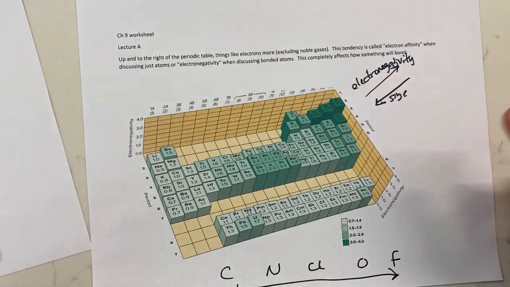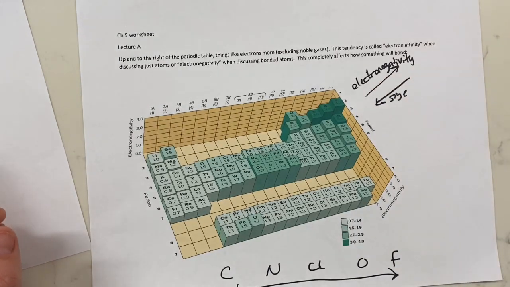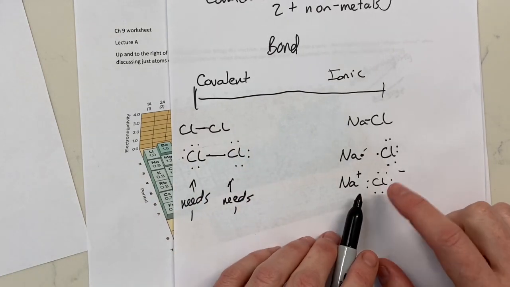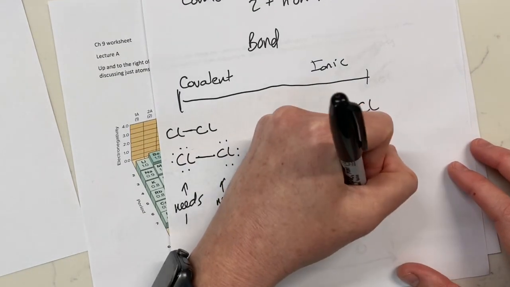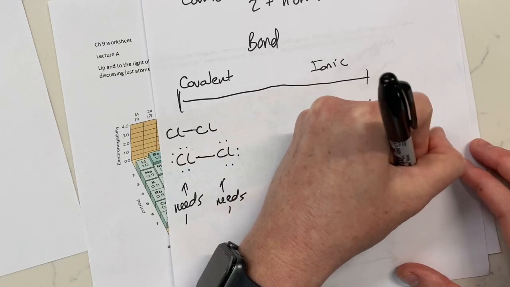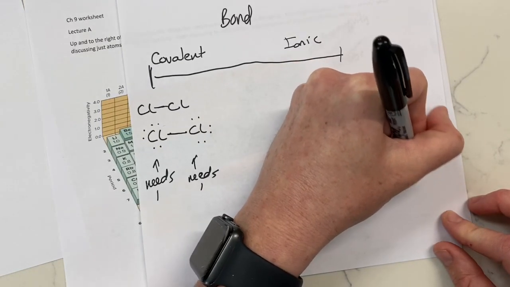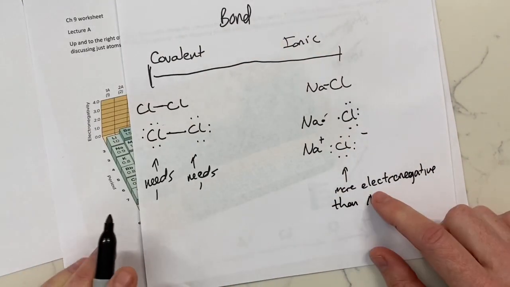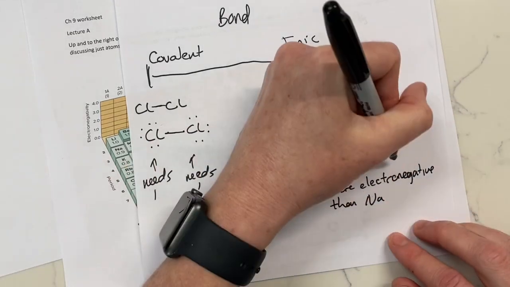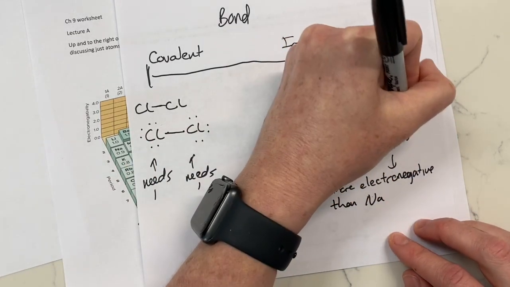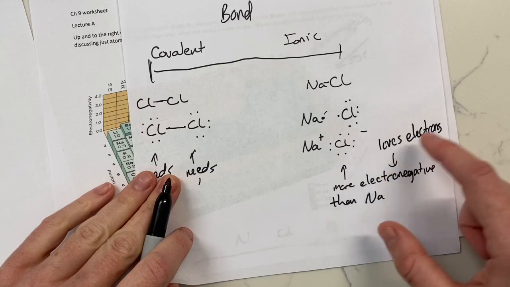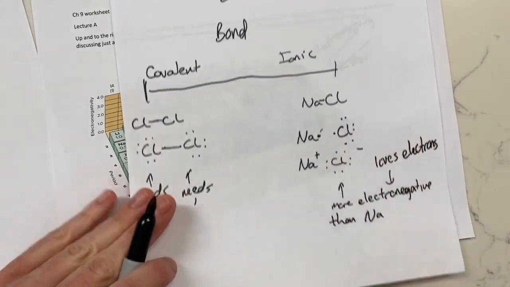We call the love of electrons electronegativity when it's binding. So over here, chlorine is equally electronegative. Here, chlorine is more electronegative than sodium, and because it's more electronegative, it loves electrons. So it's loving electrons more than sodium, and that's why it gets one when it's in